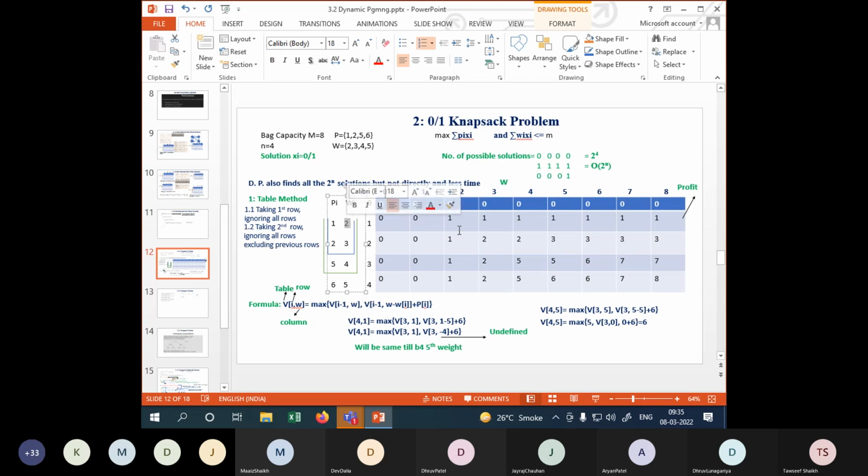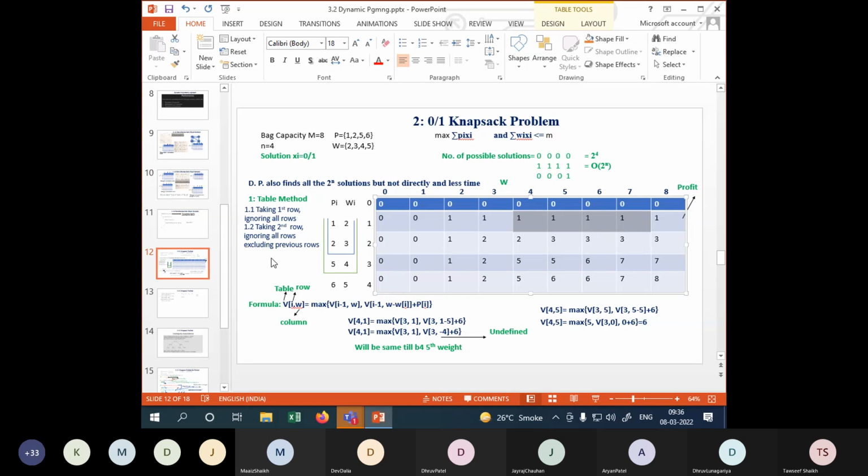यस आई कैन ड्रॉप इट हियर, और इसका प्रॉफिट कितना है, 1, वो प्रॉफिट मैं यहाँ पे लिखूंगा, क्योंकि वेट यहाँ पे नहीं लिख रहा हूं, मैं प्रॉफिट लिख रहा हूँ, है ना। उस आइटम का जो मैंने यहाँ पे रख दिया, उसका मैंने यहाँ पे प्रॉफिट कॉरस्पॉन्डिंग लिख दिया। अब चूंकि मेरे पास एक ही आइटम है, द फर्स्ट आइटम जो पहला मैं इसमें ऐड कर रहा हूं, तो अगर उसके बाद 3 kg मुझे दिया, 4 kg, 5 7 8 kg तक भी अगर मुझे दिया गया बैग, क्योंकि आइटम एक ही है, नो मैटर मैं कितनी भी कोशिश करूं, मेरे पास प्रॉफिट एक ही आ जाएगा हमेशा, 1 1 1, है ना।